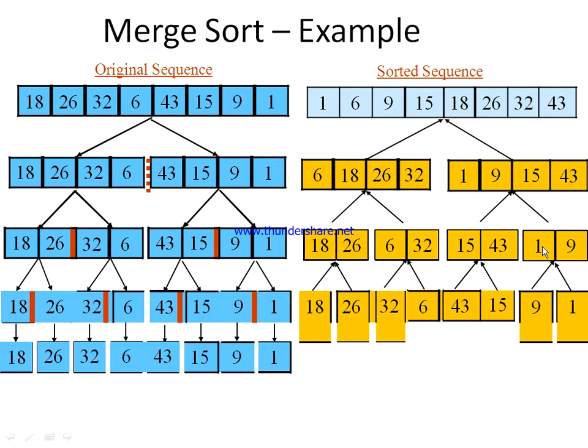And again you have to iterate the recursion, that is, in this half itself, 1 with 15, 15 with 43, and next 9 with 15, and 9 with 1, 9 with 15, so 9 is that, and again self-recursion, that is 43 with 15.